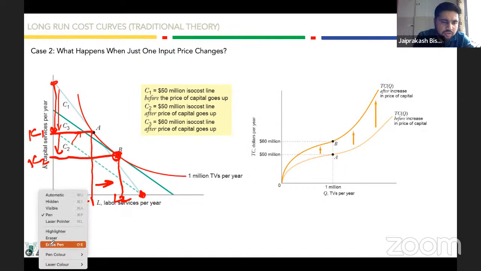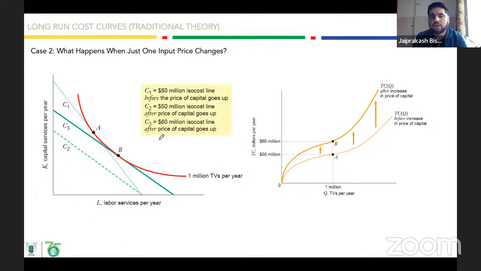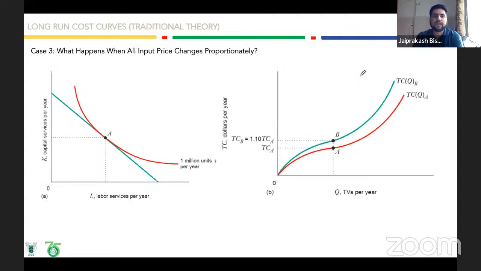so यदि हम इसी चीज को देखा जाए, तो because of increase in price of one of the components, you see the total cost curve will shift upward. Okay, it has shifted upward. फिर क्या होगा, थर्ड केस, if the price of both the inputs, capital and labor, change proportionately। हमने पहला केस देखा कि आपका इनपुट प्राइस सेम है। ठीक है, सेकंड केस देखा हमने कि एक इनपुट की प्राइस चेंज हो रही है। हम थर्ड केस देख रहे हैं कि दोनों इनपुट की प्राइस चेंज हो रही है, लेकिन प्रोपोर्शनली।